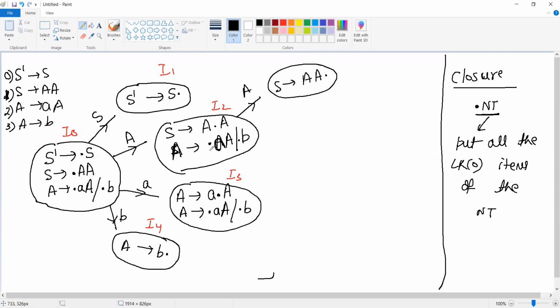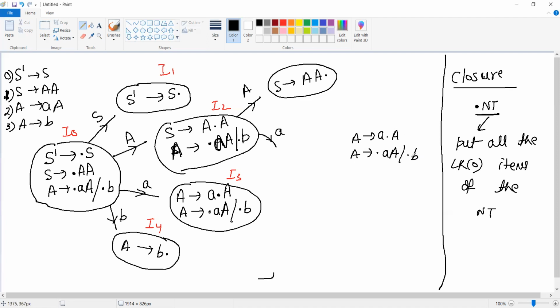Now, if I explore these two productions by seeing a small a and by seeing a small b, watch this carefully. By seeing a small a, if I see small a, this production becomes A → a dot A. Now I have to put the closure of A. So if I put the closure of A, then this will become like this.